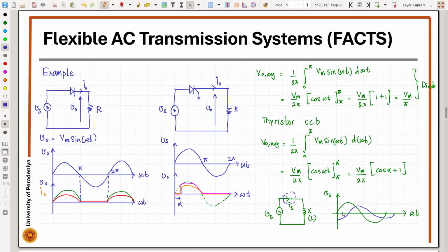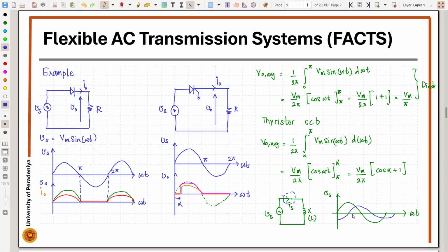So we cannot give a firing signal in this region, because when the voltage is positive, current is going to be negative. So we can only give a firing signal after 90 degrees, because after 90 degrees, voltage is